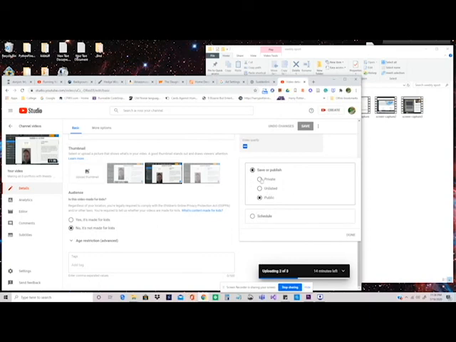Private is more for you take a video and you just want to share it with your family or your friends or whoever, and you don't want anyone else to see it at all. That's what the private is for. So you would have to give specific permissions, specific people's names for them to actually see that. So you really don't want to do that unless it's something that you're just putting up for now. But unlisted does almost the exact same thing, only you can later on go back and take